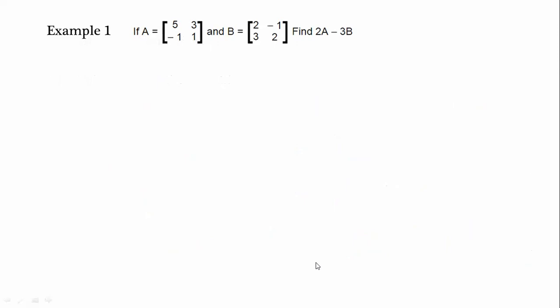So just now we have solved such type of example. Let us solve this quickly. Matrix A is given to you, matrix B is given to you. You have to calculate 2A minus 3B. First, what is 2A? 2A is equal to 2 into A. This is how you have to write systematically. Then calculate 2A: 2 into 5, 10; 2 into 3, 6; 2 into minus 1, minus 2; 2 into 1, 2. This is number 1.